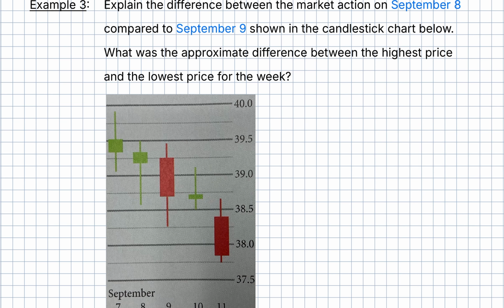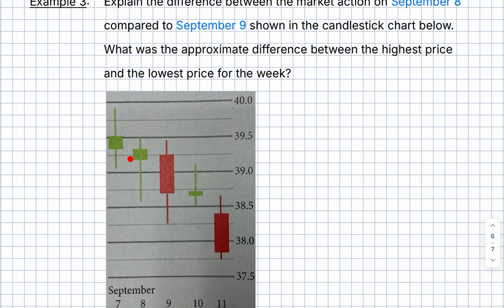And we know this because on September 8th, the graph is green, whereas on September 9th, it's red. Okay, so those are the key indicators. And the question here is, what was the approximate difference between the highest price and the lowest price for the week? Okay, so if you were to take a look, you'll see that the lowest price occurred right here, which is about